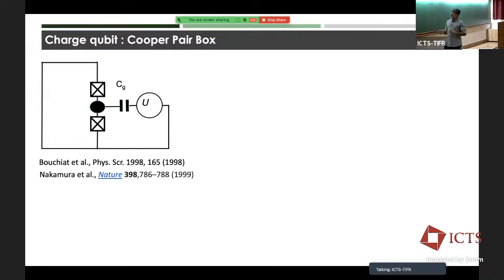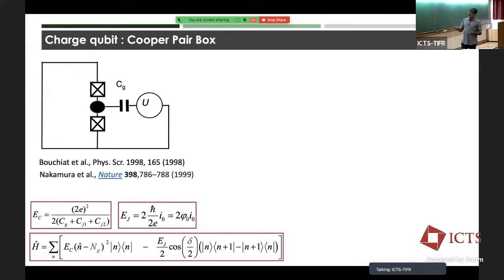So if you now look at the Hamiltonian for this, you can write it in this charge basis. So typically these are parameterized in terms of these two energy scales, just called EC, or the charging energy, and EJ, or the Josephson energy. So the charging energy is really just the energy required to put a charge of 2E across this capacitor,